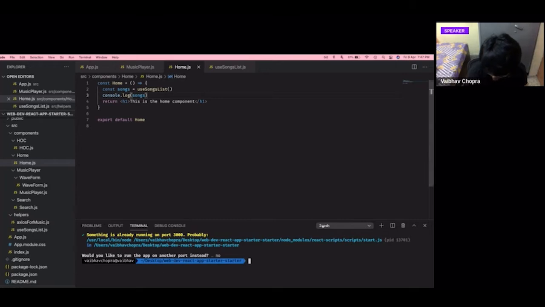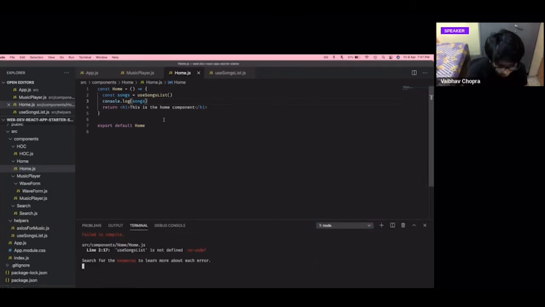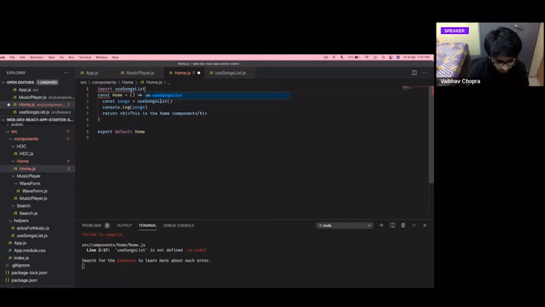No. Just a second. I think my application is already running. Okay. So useSongsList is undefined obviously because I haven't imported it. We have to go back and import it from the helpers.